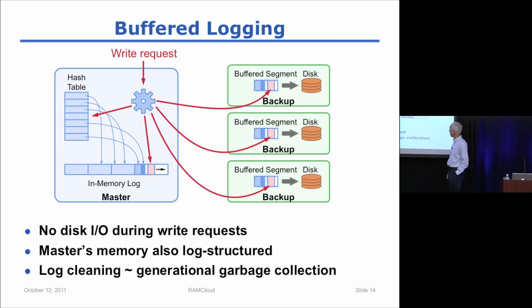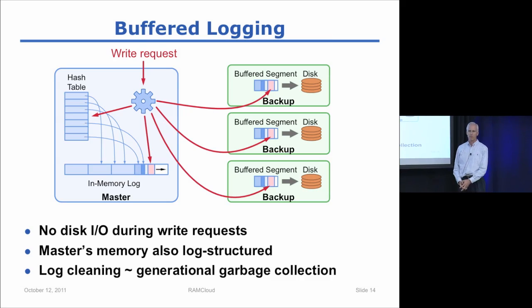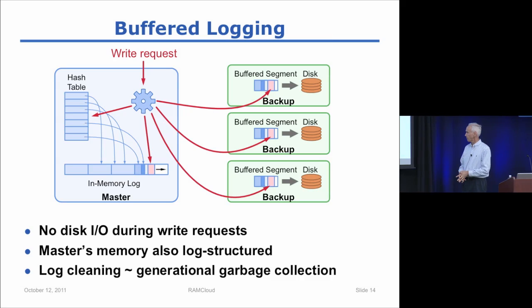The way it gets to disk is that the backups collect a whole bunch of data. We use 8 megabyte things we call segments that we use for writing to disk. And then they write that all to disk in one big operation. And that way we can use the disk at its full bandwidth. We're not limited by disk seek times. We're limited only by the bandwidth of the disks. Once that's done, then the backups can throw away the copy in memory. So ultimately, the backup copies live only on disk. The backups keep information in memory only long enough to buffer up a bunch and write it to disk.